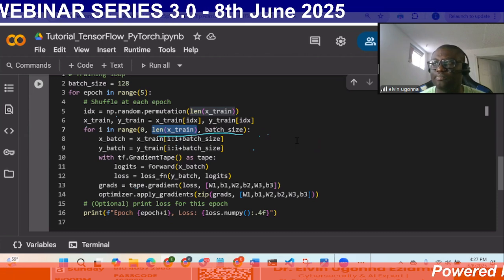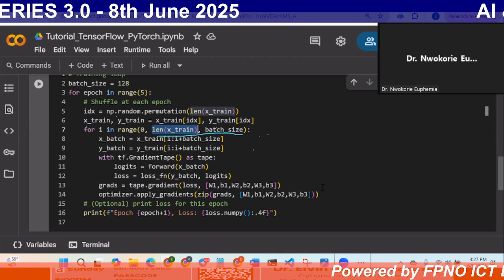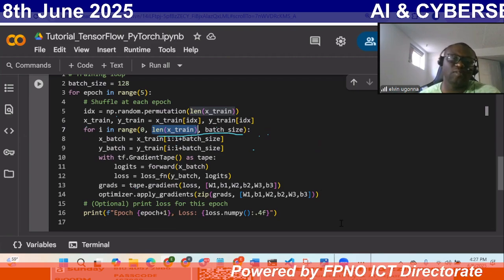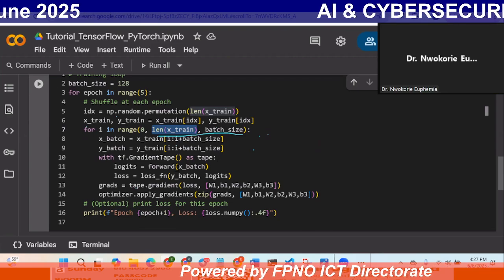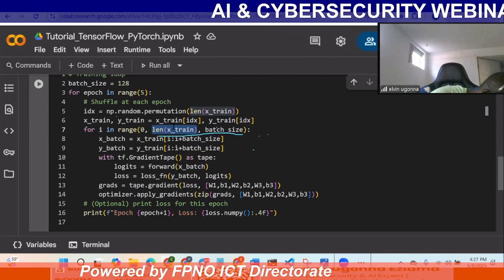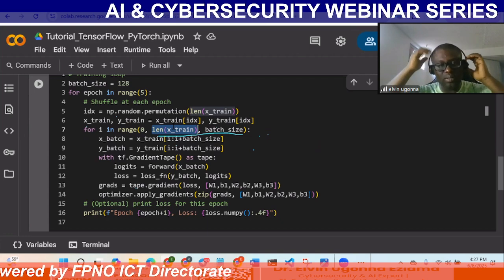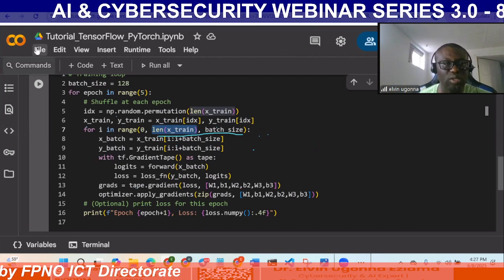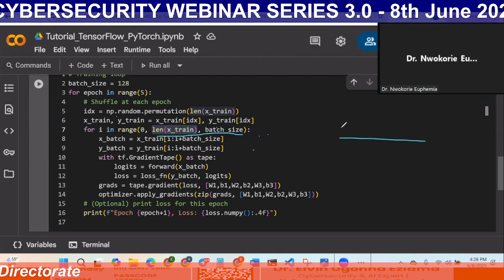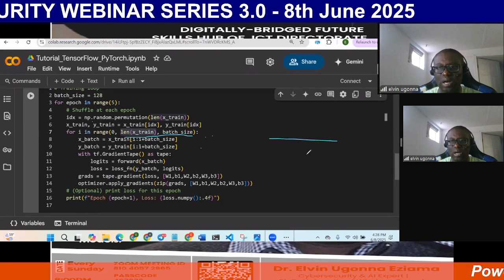Any question here? I want you to say something on this gradient tape. With tf.GradientTape, the gradient is what actually does what we call backpropagation, right? That's what really